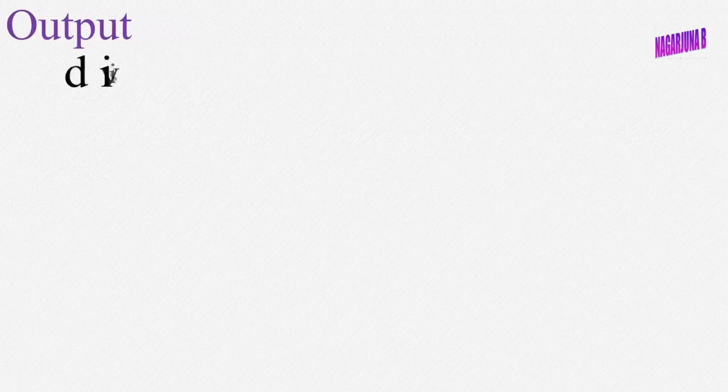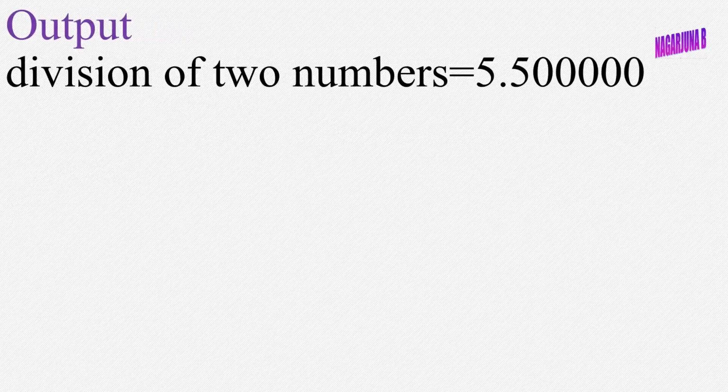This is how the output will appear when we execute this particular program. In this particular program, I have initialized the values of m and n. Instead of that, you can display a message to the user to enter the values, and you can read the values by using printf and scanf statements, how we have done in the program of finding the sum of two numbers. In the same way we can write the program, but to make sure that you learn all the concepts clearly, I have differentiated. In the previous program I read from the keyboard, whereas in the second program, that is the division of two numbers, I have initialized the values.